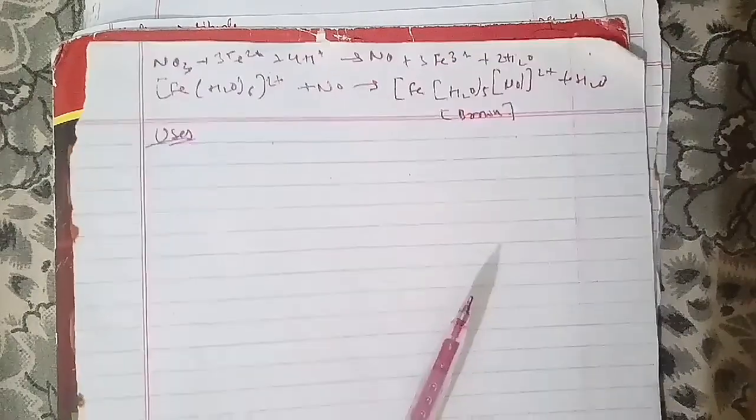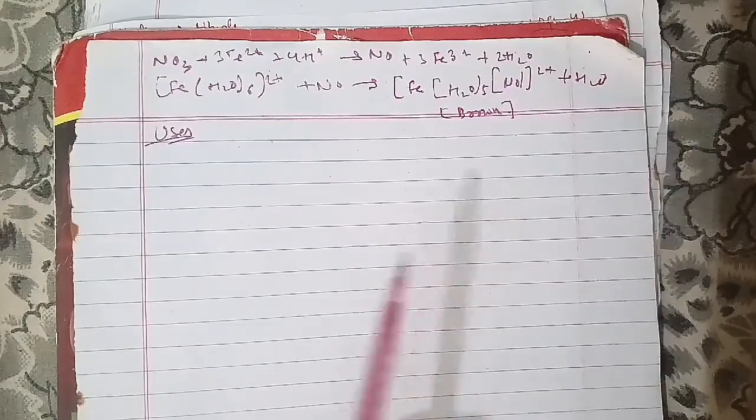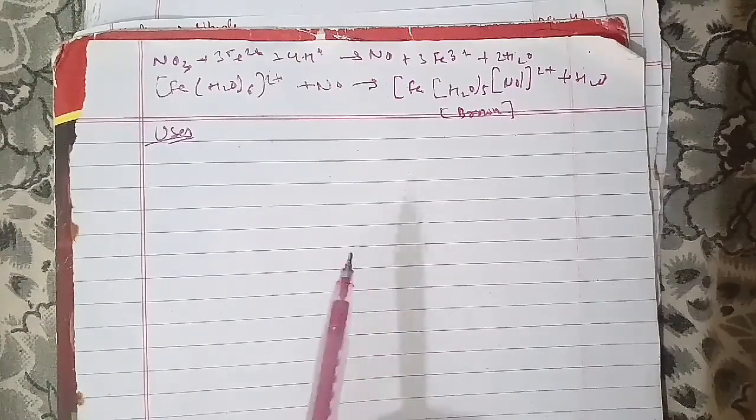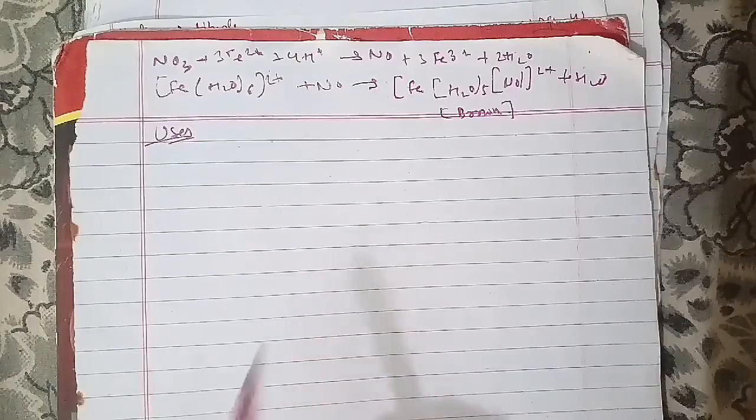It dissolves in boiling NaOH solution in an inert atmosphere, giving PH3 as well. The reaction for this is P4 plus 3NaOH plus 3H2O will give PH3,